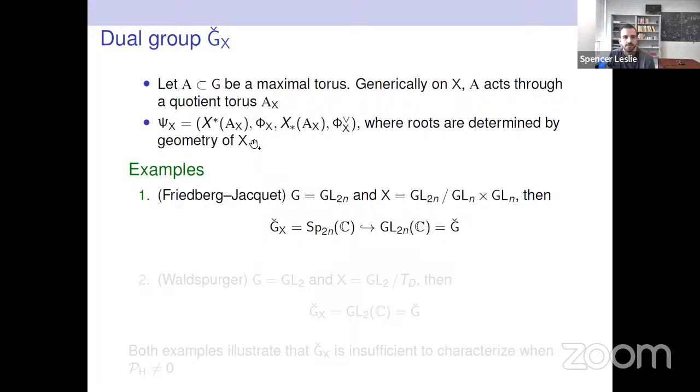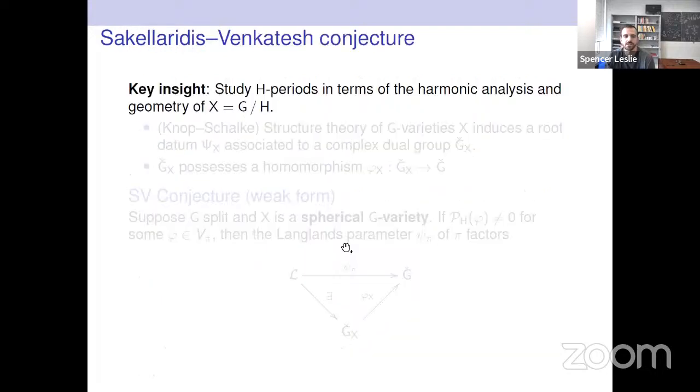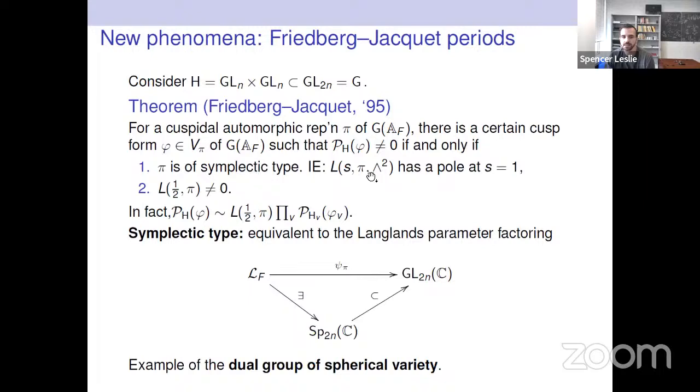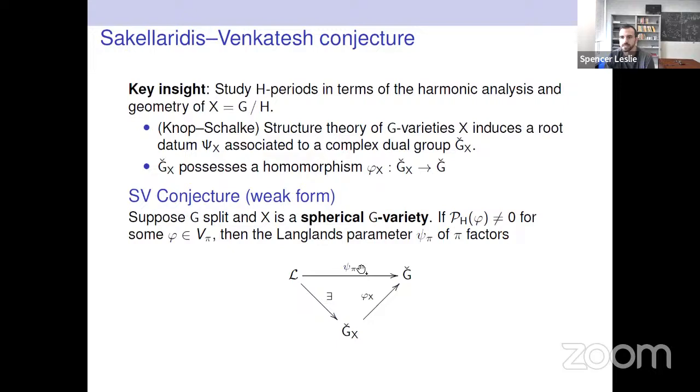The best way to actually get a sense of these things is to simply compute some. This is actually quite straightforward when the variety is symmetric. It's something that can be computed combinatorially. But in the cases that we've looked at, I'll just give them to you. So in the Friedberg-Jacquet case, the dual group ends up being precisely this symplectic group. So in particular, this statement of Friedberg and Jacquet that the representation has to have this pole for this exterior square L function,